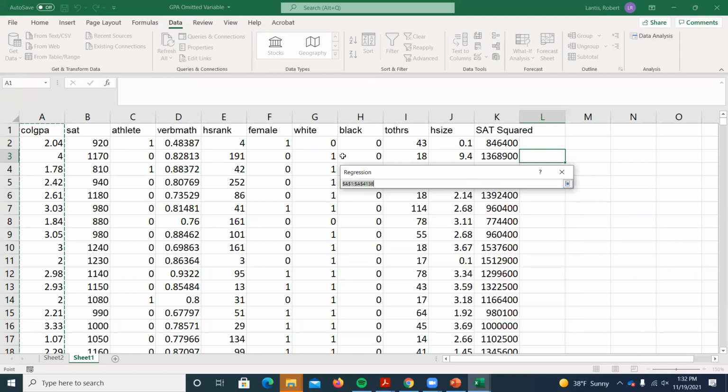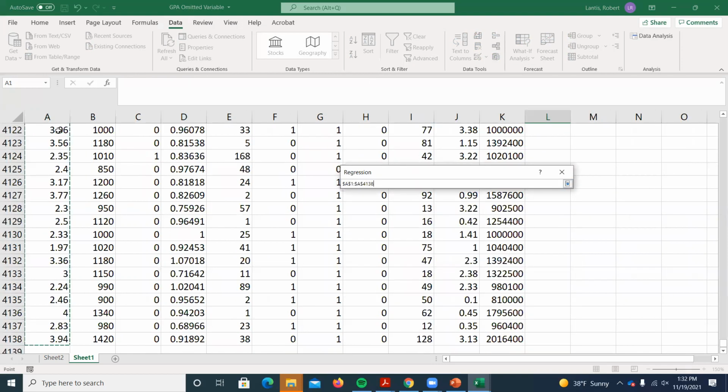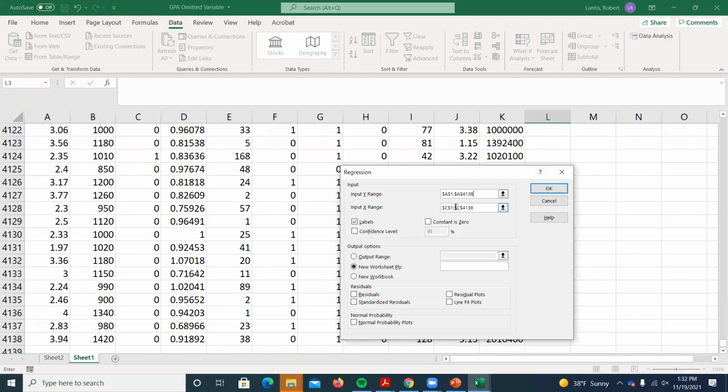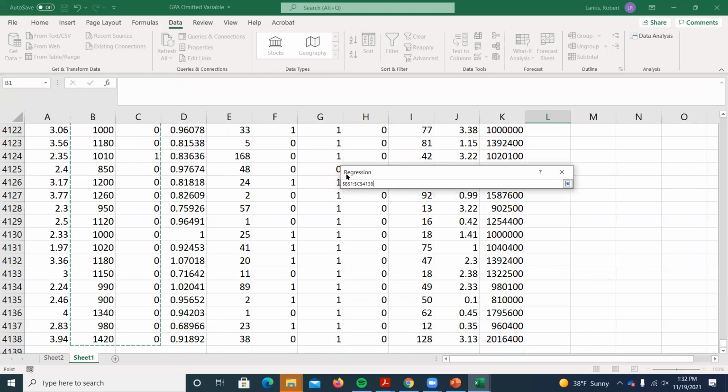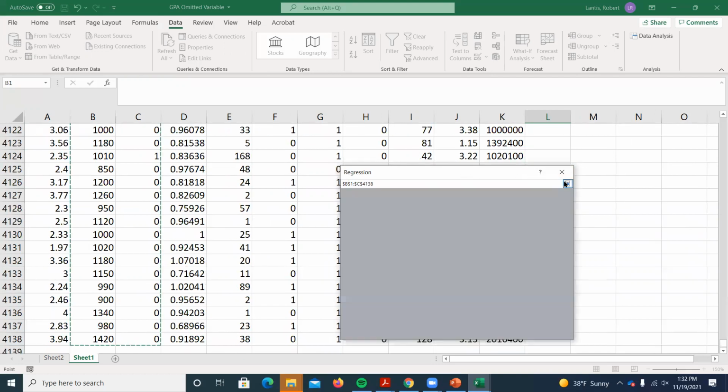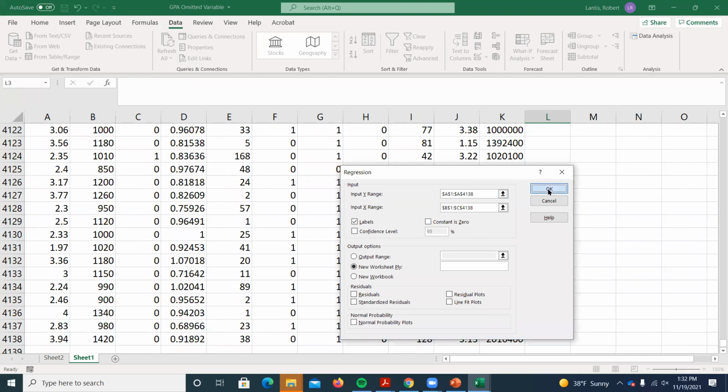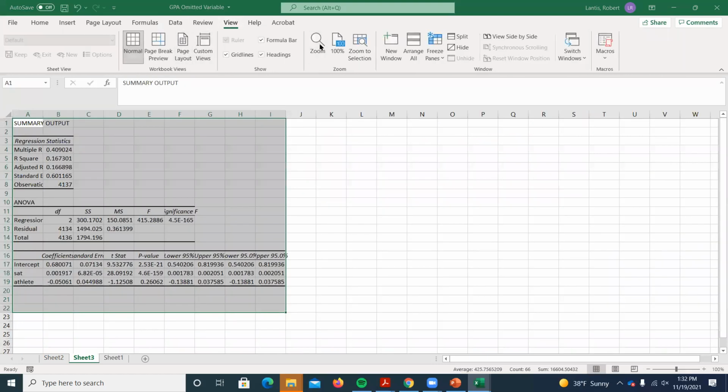So let's go select my GPA as my Y variable. We'll then go to X variable. And now I'm going to just start controlling for SAT scores as well. Right? So I'm going to select the athlete and the SAT variable, hold Control and Shift, hit the down arrow. So now I'm going to have this additional control on the right-hand side. And now when I look at the output,